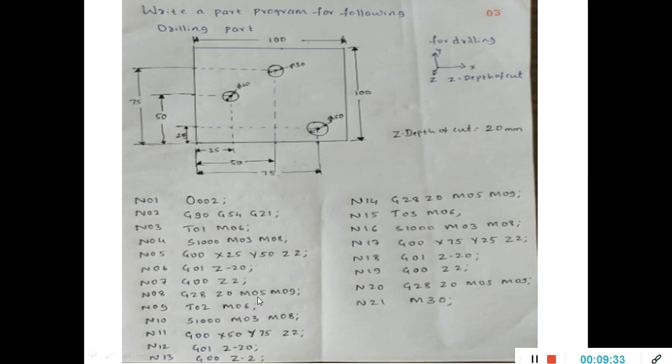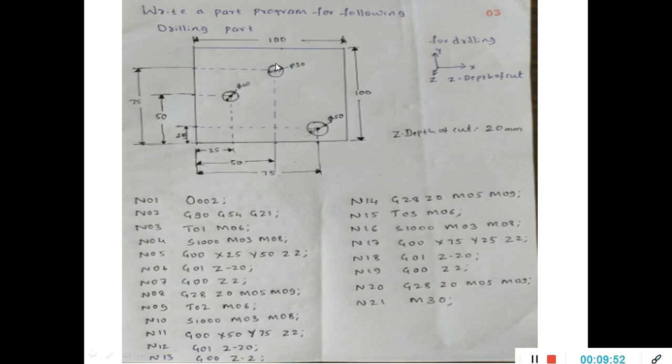M05, the spindle should be off. M09, the coolant should be off. Okay. The first drilling is over. After this, the tool should be moved to the reference point and your spindle should be off and your coolant should be off. Now for the next